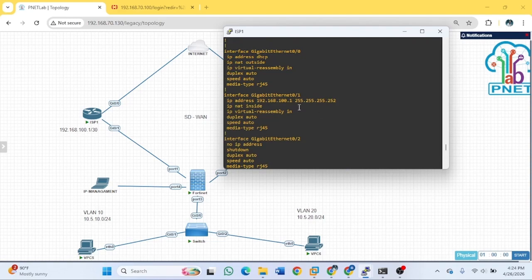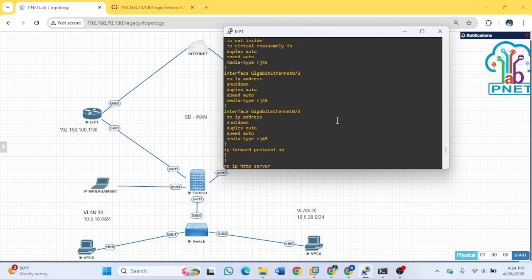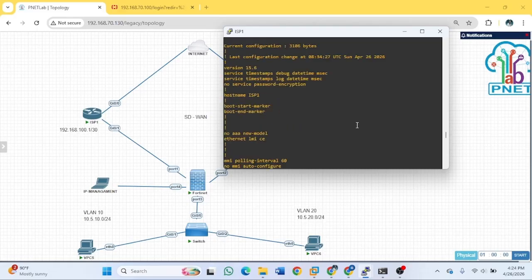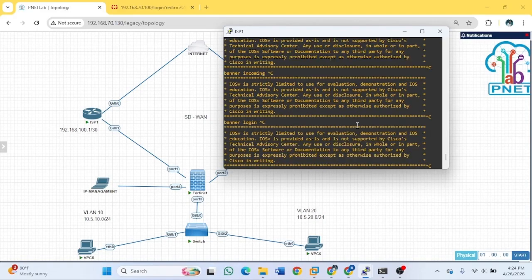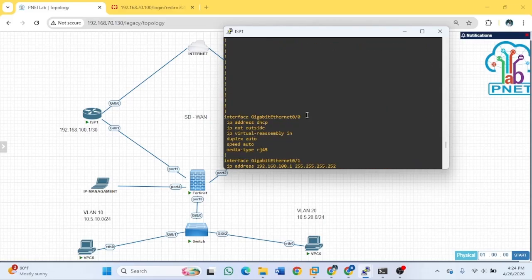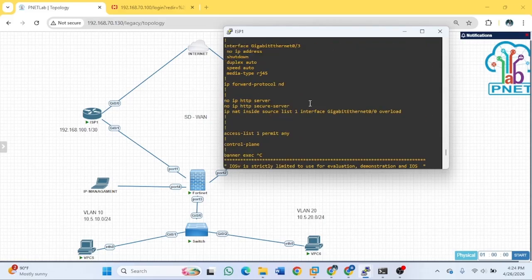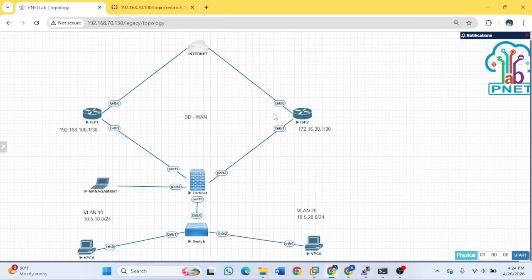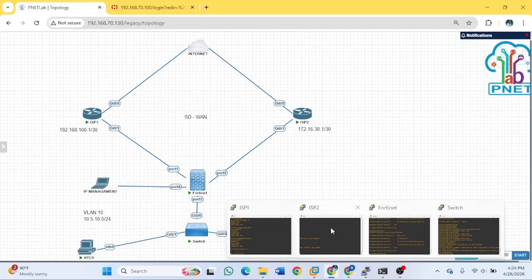Here we make the IP on EtherGig 1, this IP, and this is all the configuration in router 1, ESP1 and ESP2.